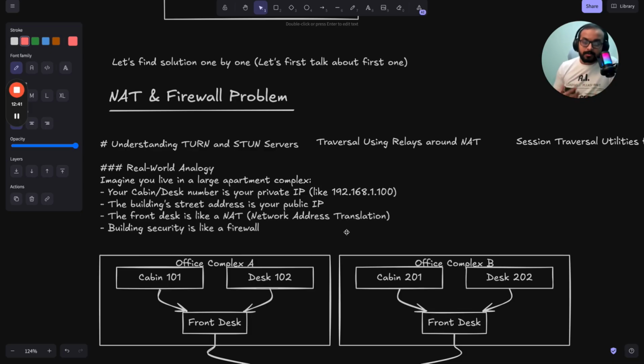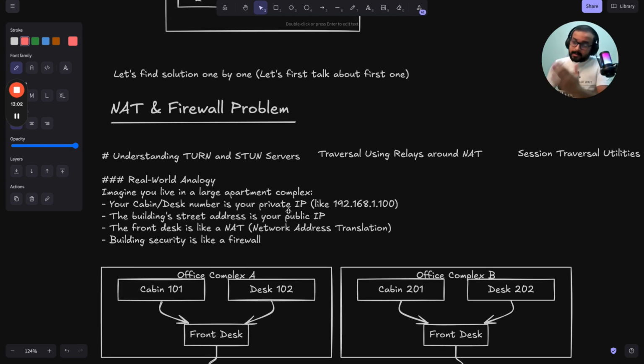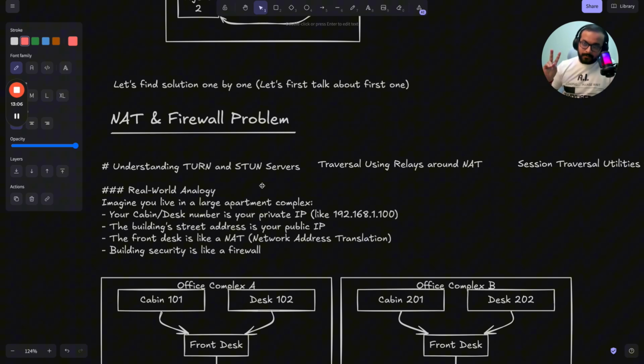And as I said, I will try my best to make it as simple as possible so that you never have to go back to any other video in future, and you would understand exactly how WebRTC or LiveKit works, so that you can create your next multimodal AI agent or your AI SaaS without any hiccups really. Okay, so in the NAT and firewall problem, we need to understand two types of new terminology, which